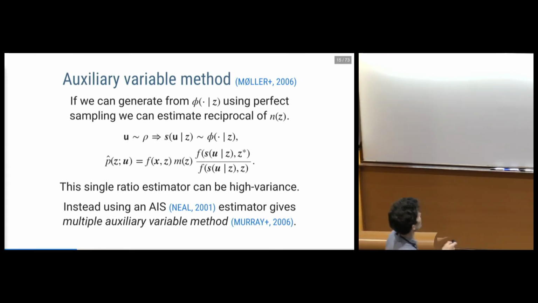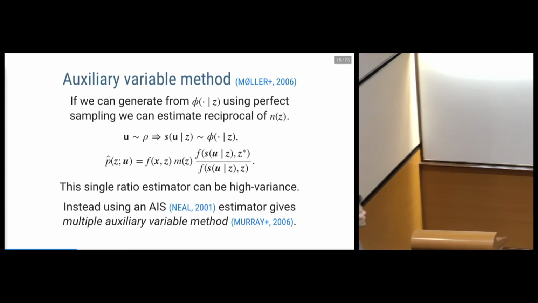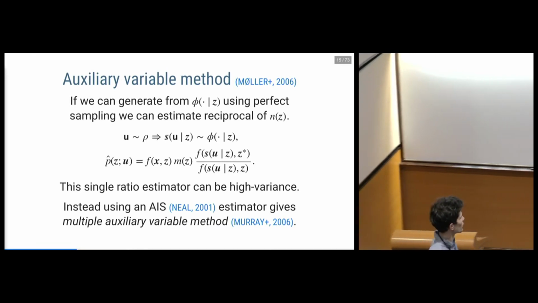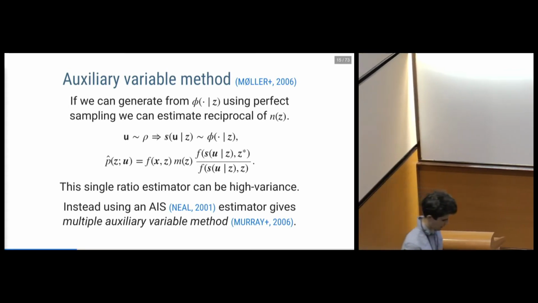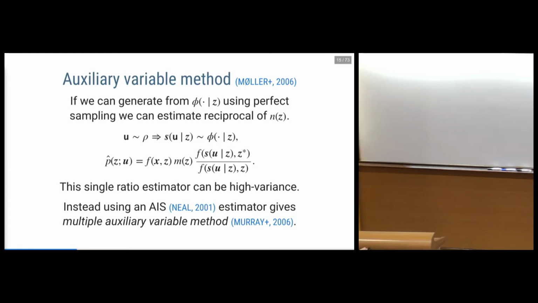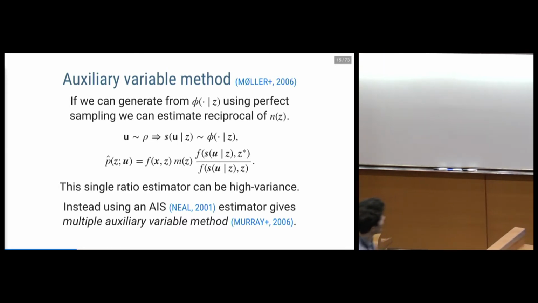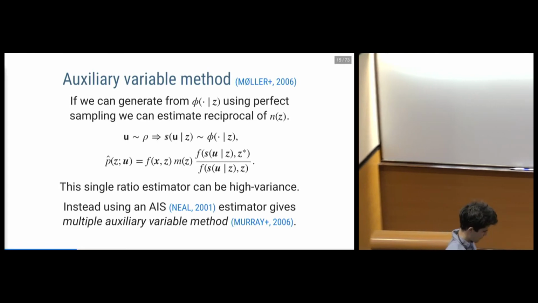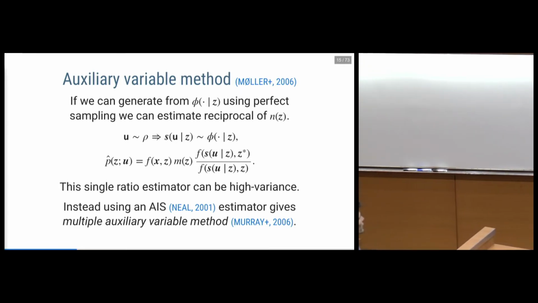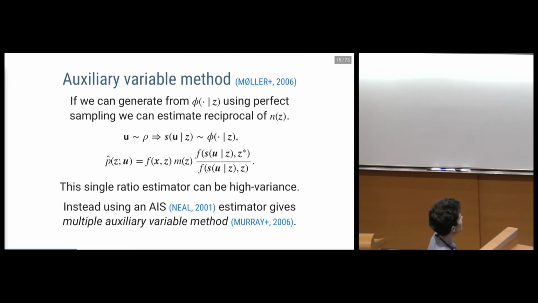This method didn't originally have a particularly distinct name, but in Ian Murray's thesis, he terms this the auxiliary variable method. In particular, this variant, the single auxiliary variable method. And there are variants using multiple auxiliary variables, which unsurprisingly is termed MAVM, multiple auxiliary variable method, which basically replaces this single ratio with a product of ratios formed using an importance sampler type estimator. So we'll come back to this estimator in particular later in some of the experiments. But this is one particular instance in which we have some intractable density that we can't exactly evaluate, but we are able, with a bit of work, to construct an unbiased density estimator.